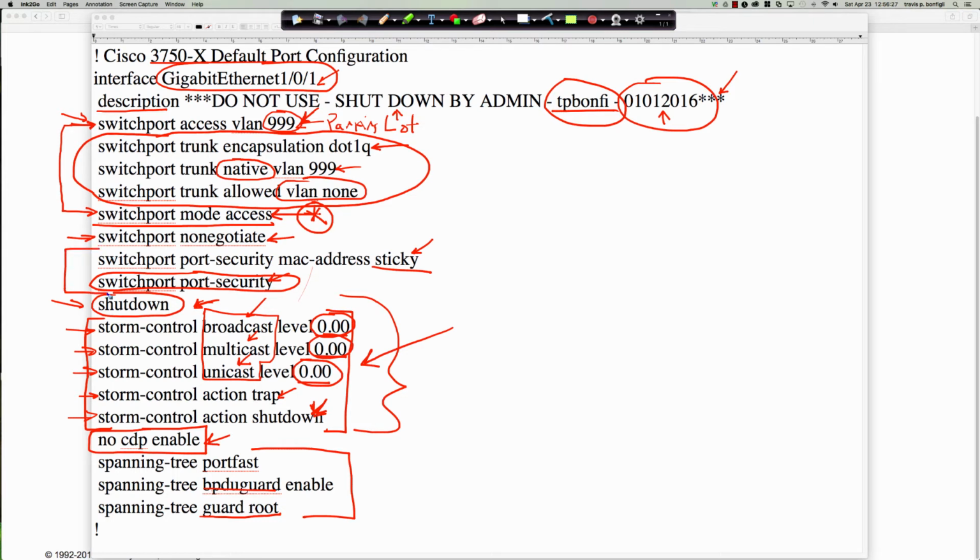So here's our port security commands. Here's the DTP command to turn DTP off. Here are the access commands that run through here. Here are my trunk port commands. And again, these are all on ports that are not being used, to protect you from someone accidentally plugging something